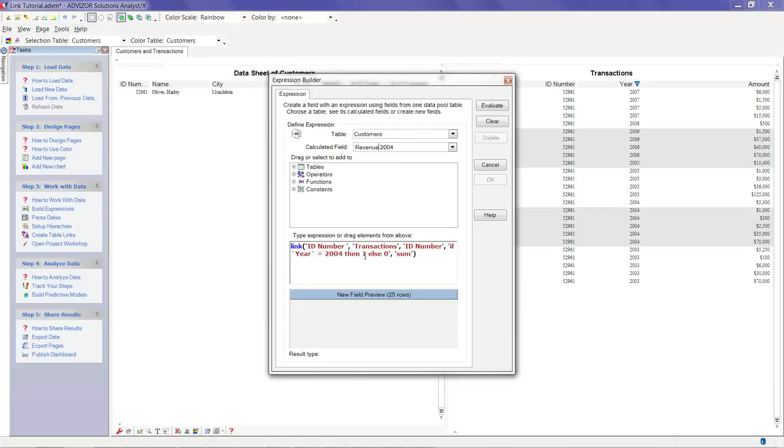So we still want this if year equals 2004. However, we don't want to look at 1. We want to look back again at the amount. And once again, else 0. We don't want to count the amounts for non-2004 years. And summing this,